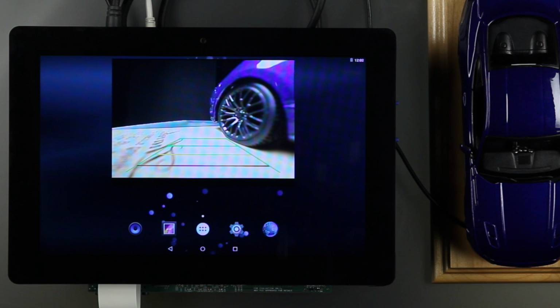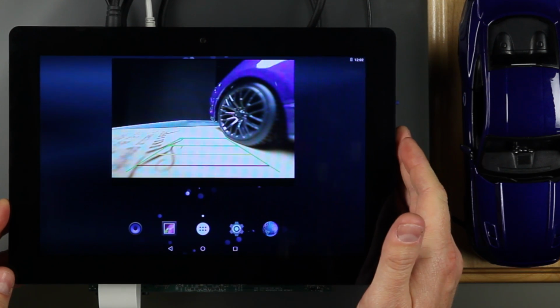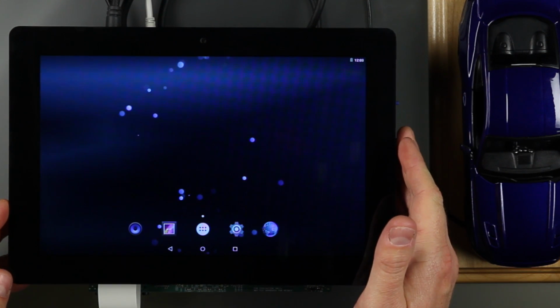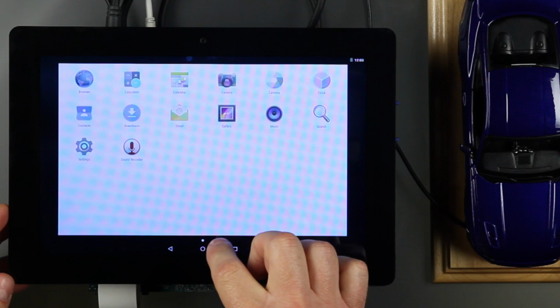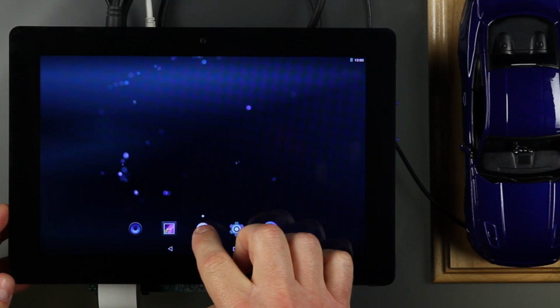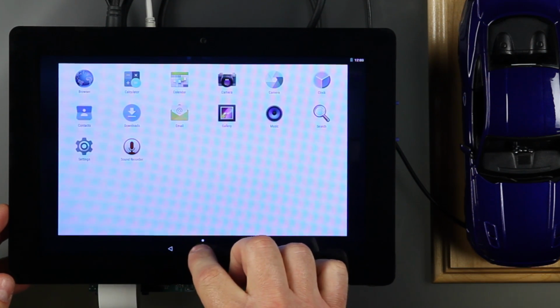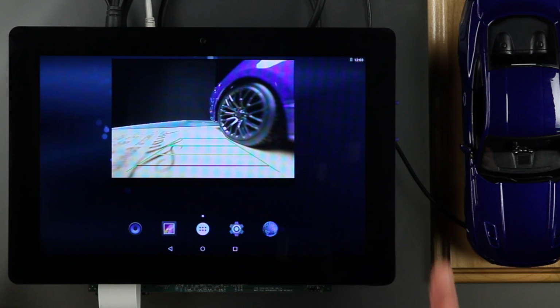As you can see, the rear-view camera video is already displayed in the foreground of the LCD screen, while the Android operating system, here in the background, is still in the process of booting up to the home screen. I can press a button here on the side of the board to simulate shifting the car from reverse gear back to drive, and then the rear-view camera overlay on the screen goes away. Now I can simulate shifting the car back into reverse again.